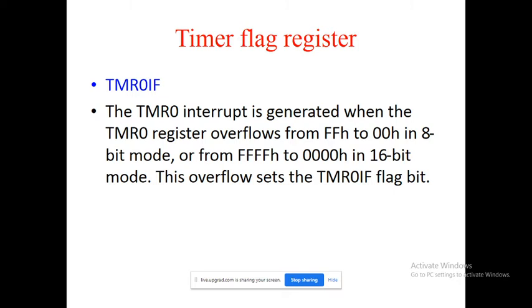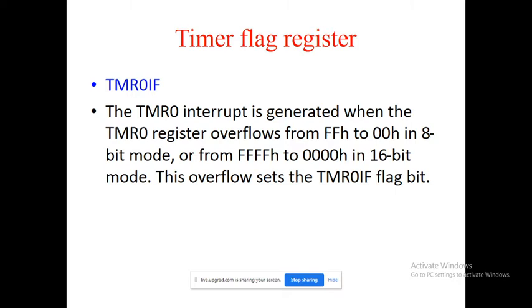Similarly, suppose instead of an 8-bit timer, I am considering timer 0 as a 16-bit timer. The only change is that the value of the timer moves from 40 up to 4F, which means 65535 in decimal. When it is a 16-bit timer, the timer count initial value is 40 and the final value is 4F, and when one more pulse comes, it overflows and interrupts the controller.